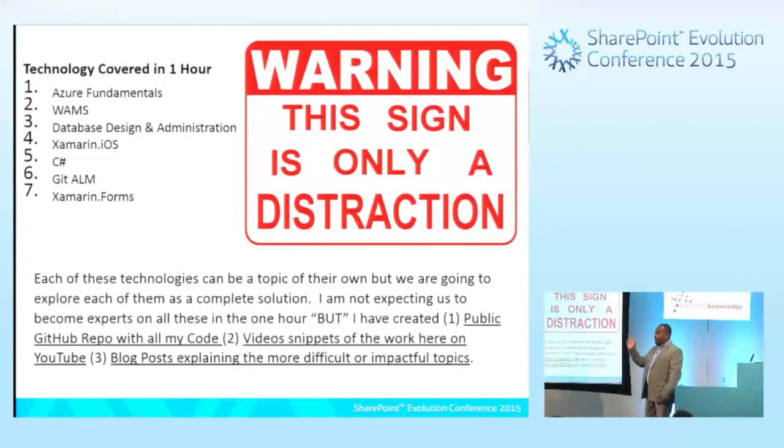And when you go back home, you're going to have all the information you need. So we're going to cover Azure fundamentals. If you've never touched Azure before, we're going to touch a little bit of that. We are going to be looking within Azure at Windows Azure Mobile Services. We have to look at database design and administration because that's the back end. We're not going to spend a lot of time there, but you have to at least look at it and